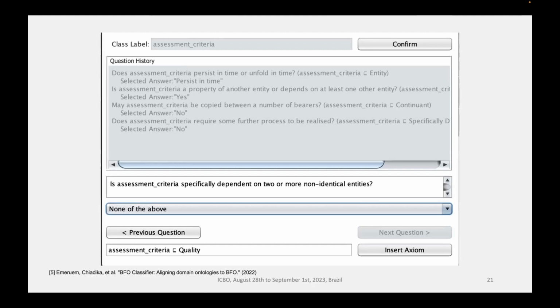For example, mild control of thought can be an instance of the class assessment criteria and can be attributed to a patient or a thought, and it doesn't require any further process to exist as a quality.